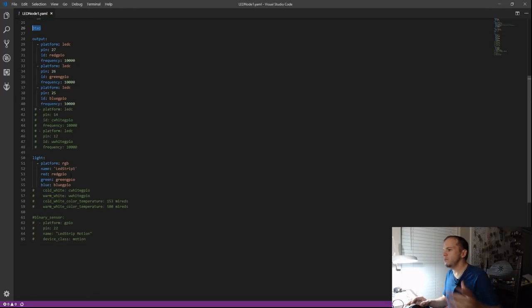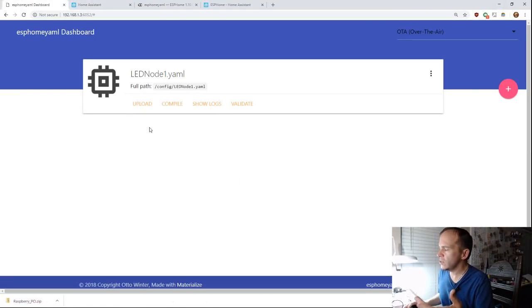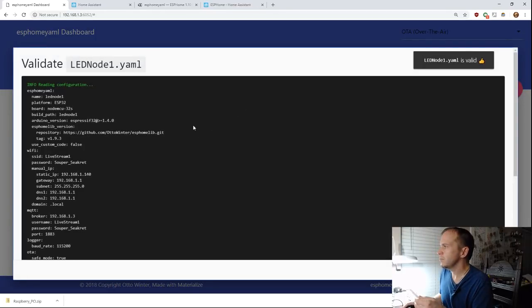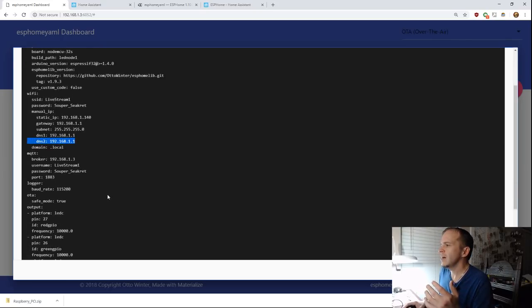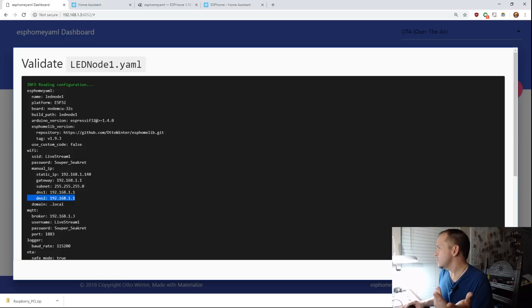Once you build your YAML, which I was just copy and pasting, I didn't actually type anything in, and then I'm saving that in the config where the Docker container points to. You should be able to hit validate. And this is where you'll start to go through and have to fix things. I was talking about the DNS, but it does change things up a little bit, and you can see how it throws in everything and it validates it.